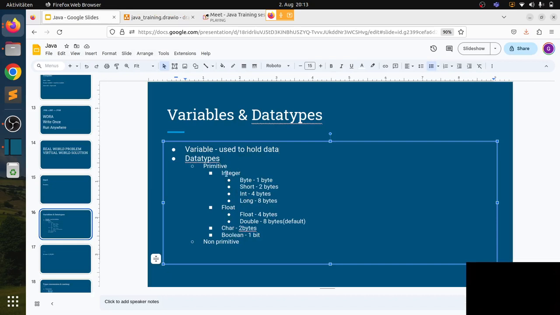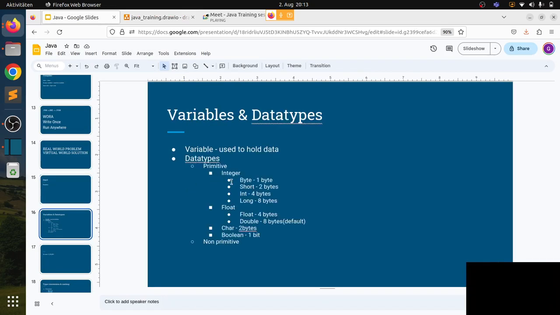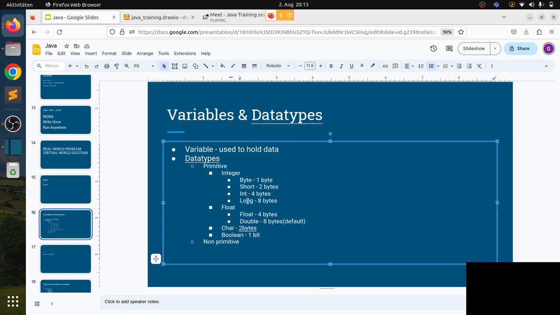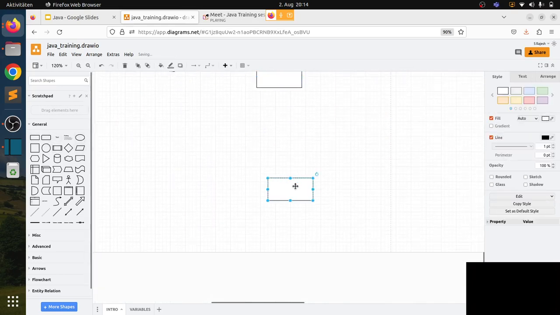So in Java we have primitive data types, which include integer. Integer will have byte, short, int, and long. These are the different data types, and these are the sizes. So let's say if I take byte,